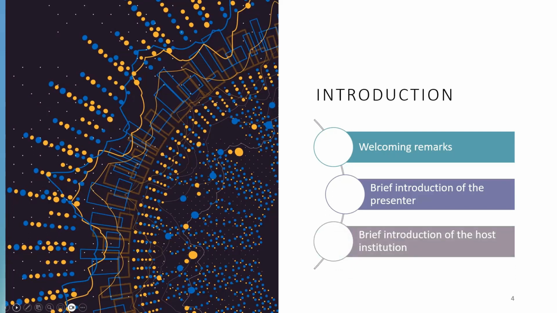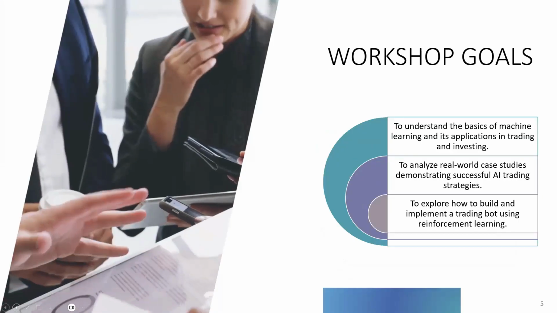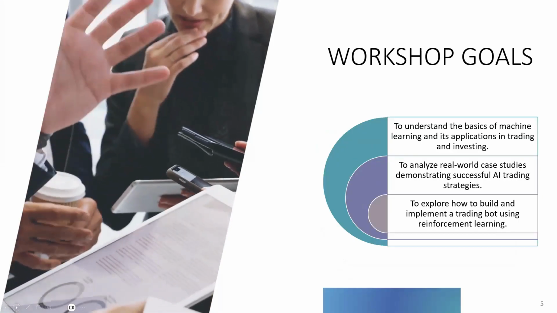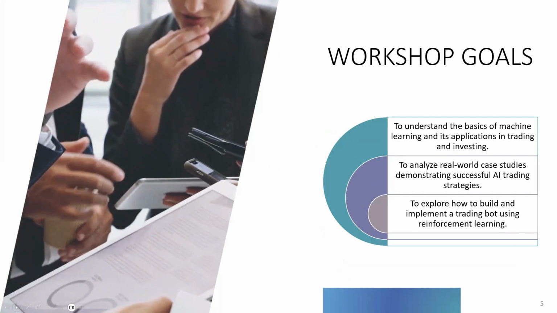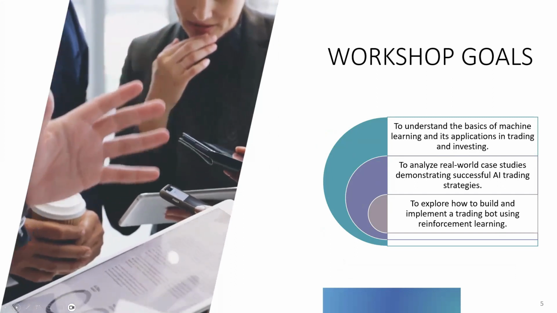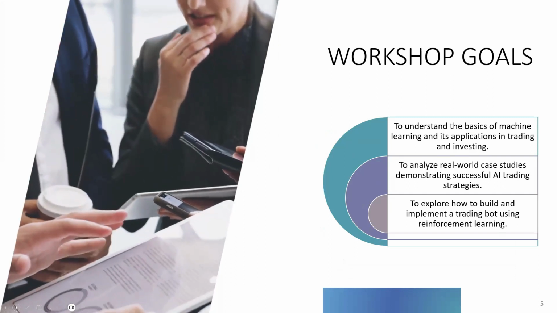The host institution is called Asatora Services, and in Asatora Services, we provide 3 different types of services. One, we provide consulting services in AI, Internet of Things, and cyber security. Not only that, we provide training and workshops as well as research and development in these 3 fields.